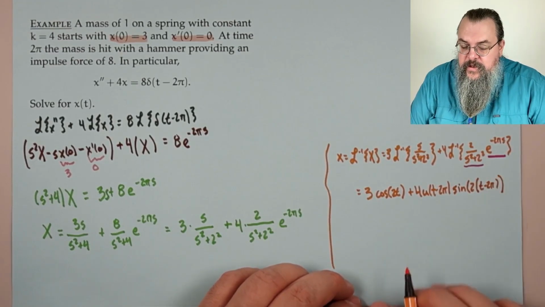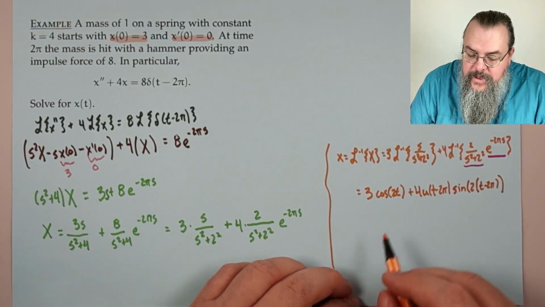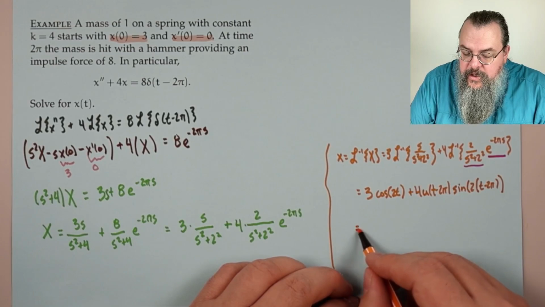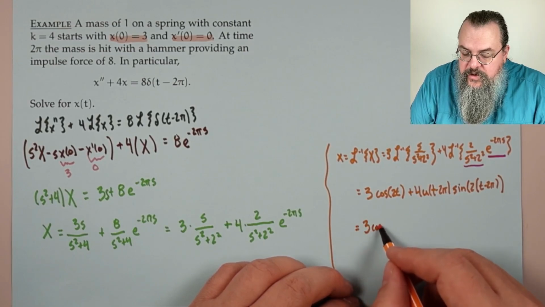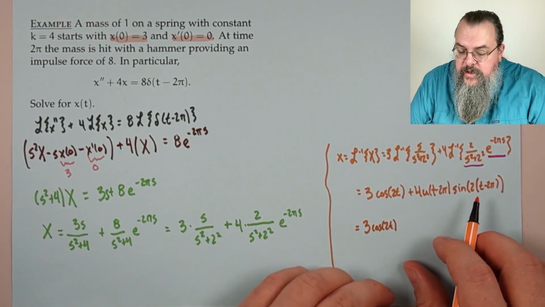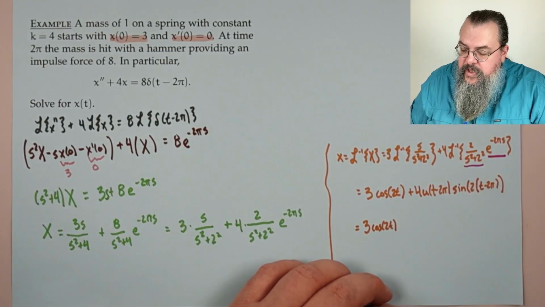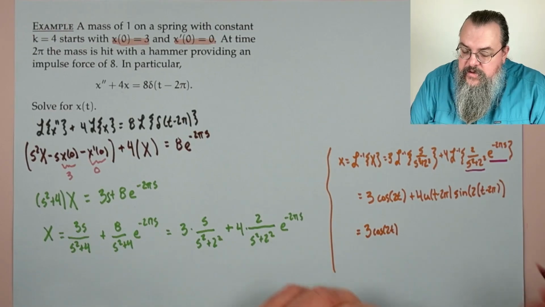And there we go. All right, great. Well, we can clean it up a little bit. So that's 3 cosine of 2t. And then, well, notice inside the sine, this is 2t